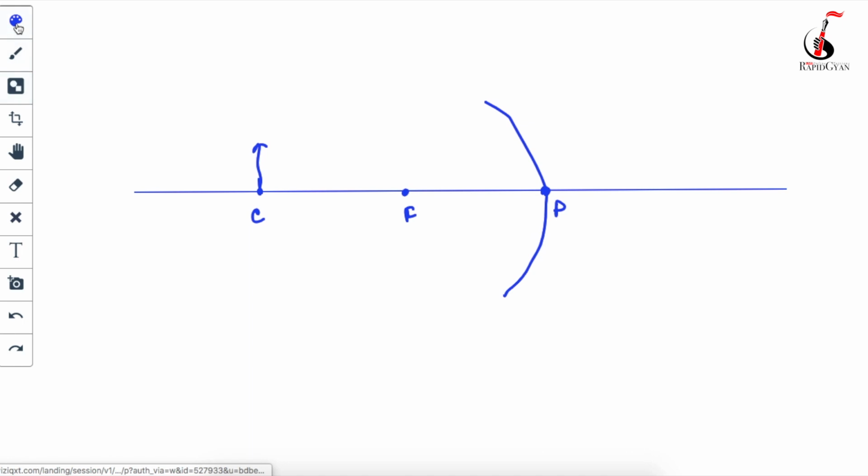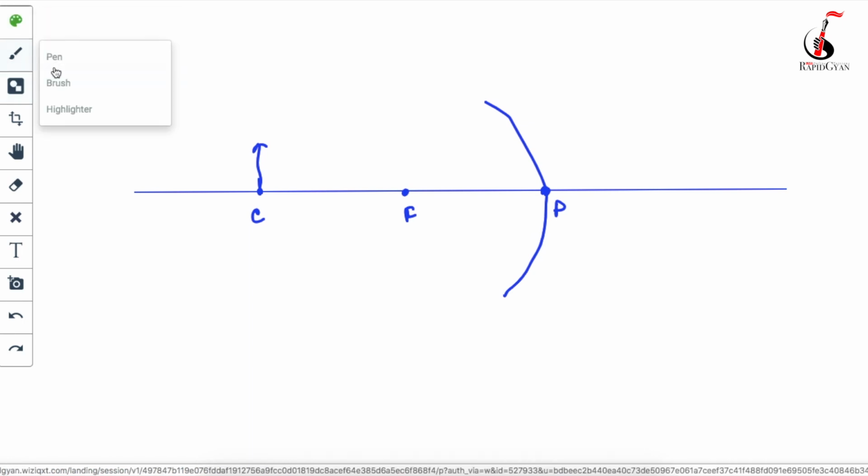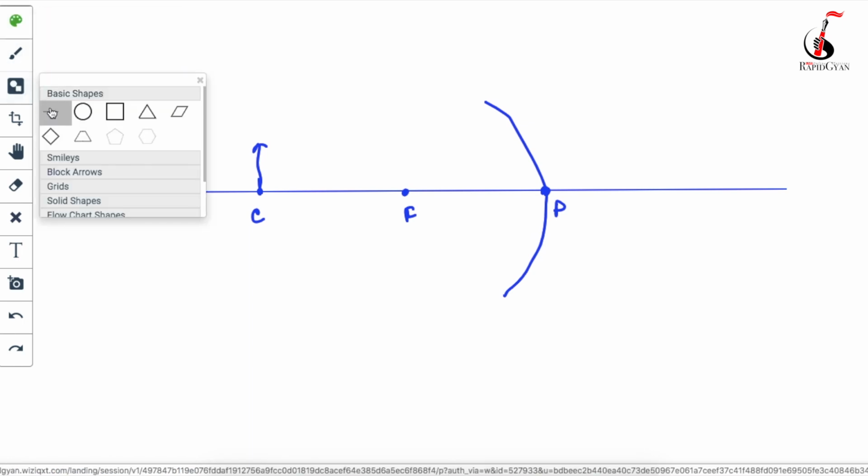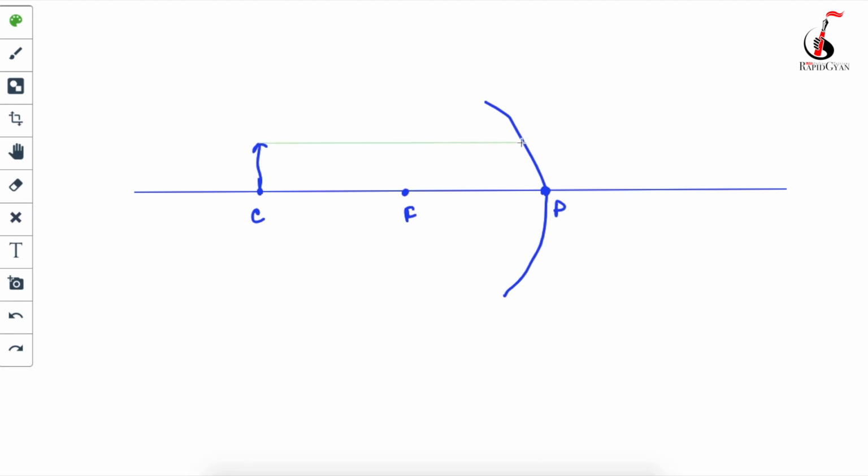So what you will have to do? You will have to draw, again, two rays, correct? Always send one ray parallel, and after reflection, beta, it will go via your point F. Now send another ray via F. What will happen? After reflection it will go like this.